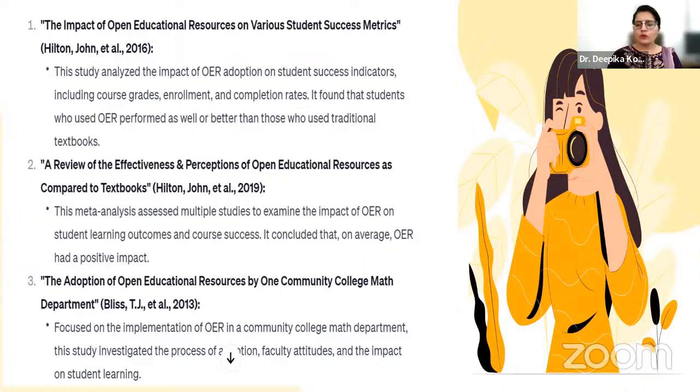on the OERs. Then there was another study in 2019, a review of the effectiveness and perception of open educational resources as compared to textbooks. That was basically a meta-analysis. You can also do a very good study and send it to some journals also. That is a systematic review. A meta-analysis or a systematic review could be a very good study on open educational resources in a particular